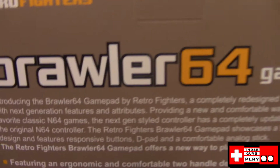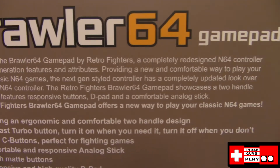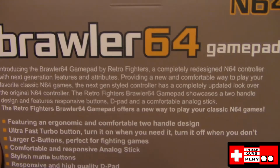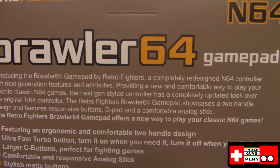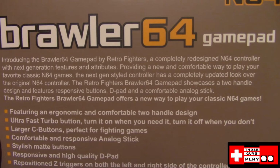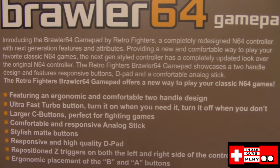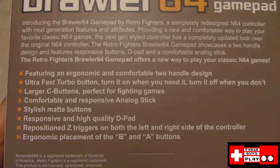It reads, not only Brawler 64 Gamepad, but also: introducing the Brawler 64 Gamepad by Retro Fighters, a completely redesigned N64 controller with next-generation features and attributes, providing a new and comfortable way to play your favorite classic N64 games. The next-gen styled controller has a completely updated look over the original N64 controller. The Retro Fighters Brawler 64 Gamepad showcases a two-handle design and features responsive buttons, D-pad, and a comfortable analog stick. It offers a new way to play your classic N64 games, and it says all